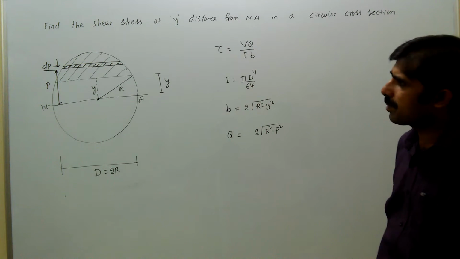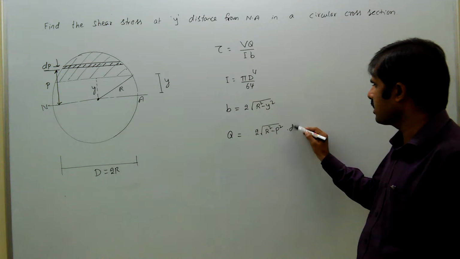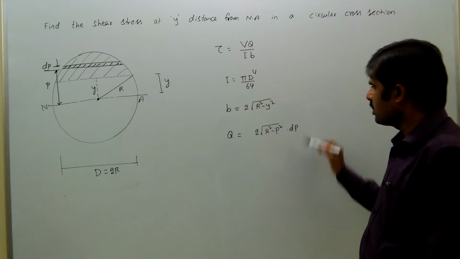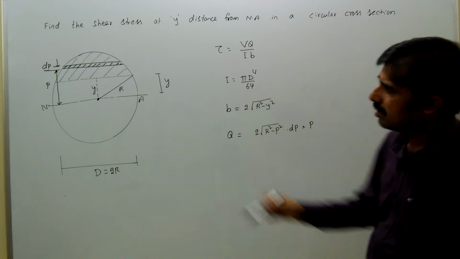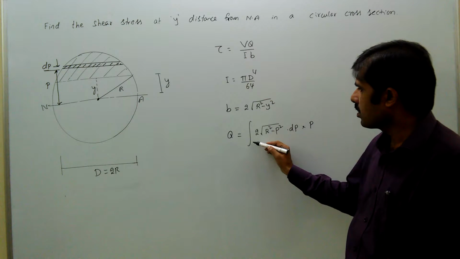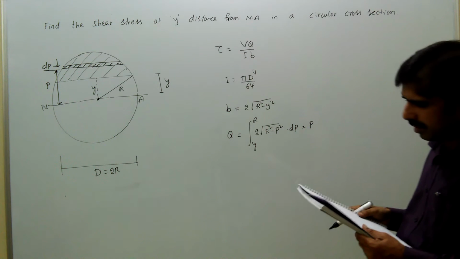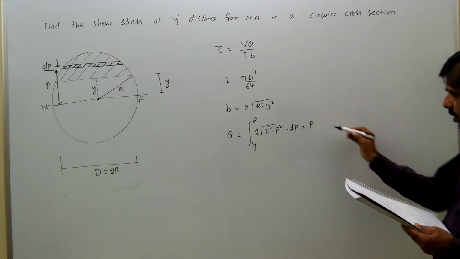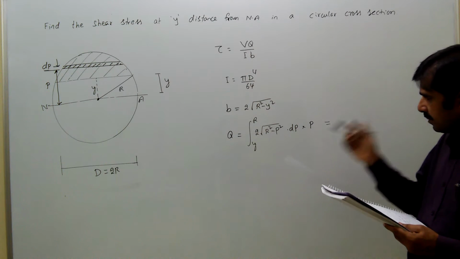The strip width is this and the strip thickness is dp. So this strip area into p is the moment of strip area. So moment of area, with distance p from y to r, those are the limits. Now integrating this we get, see here,